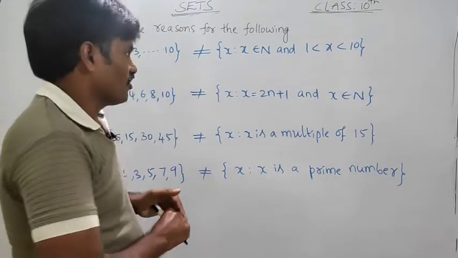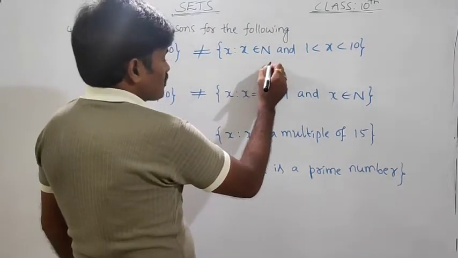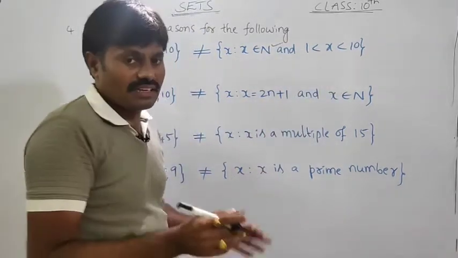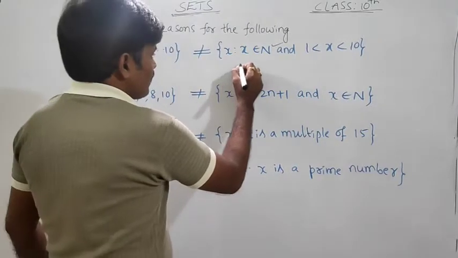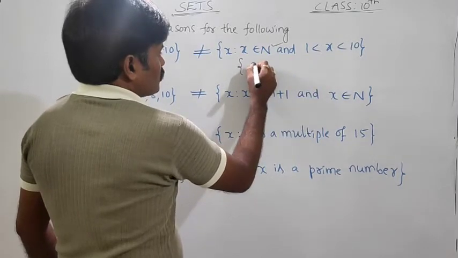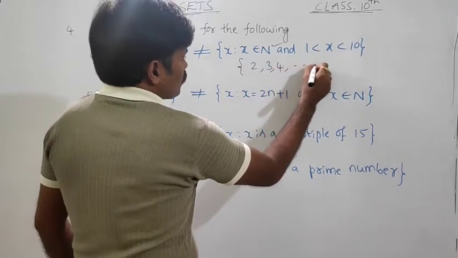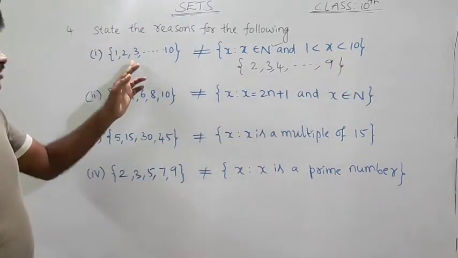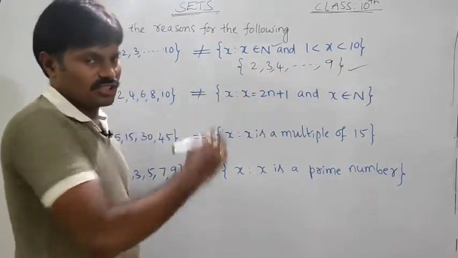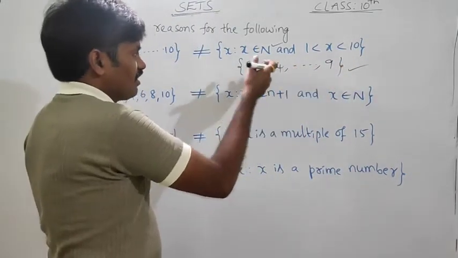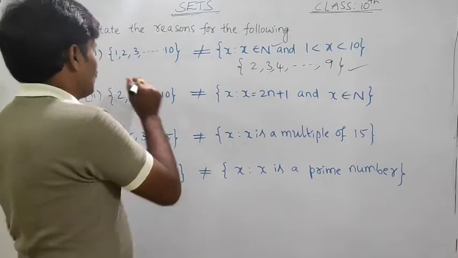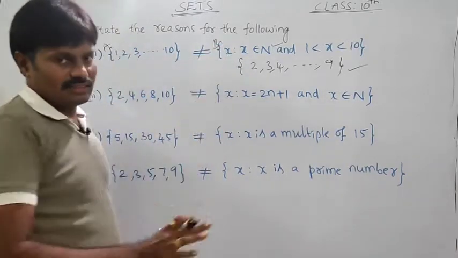Okay, first we have to write the list form. What is the list form of x such that x belongs to N and 1 < x < 10? See now, N is the natural numbers and the condition is that it lies between 1 and 10. Then easily we can say that the roster form is between 1 and 10. What are those? 2, 3, 4 and so on up to 9 itself. Are these equal? No. So the reason is, if we write the set builder form in roster form, 1 and 10 do not lie in set B, so A and B are not equal. Okay, you name these as A and B and write these statements.